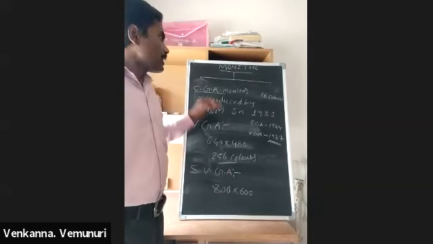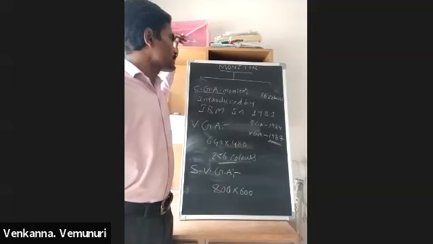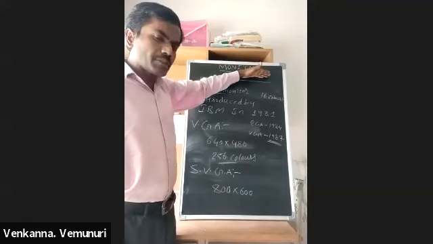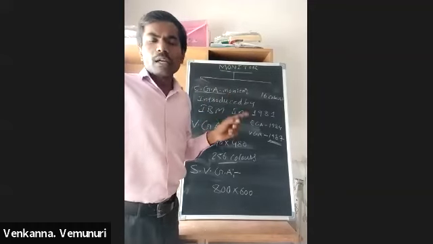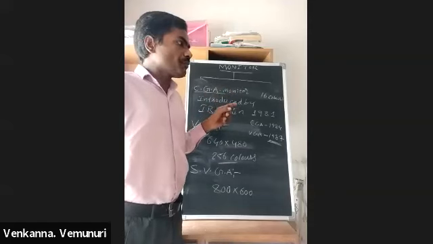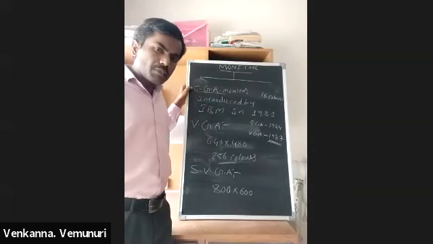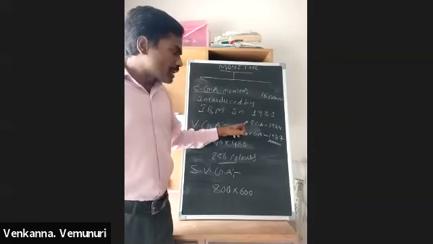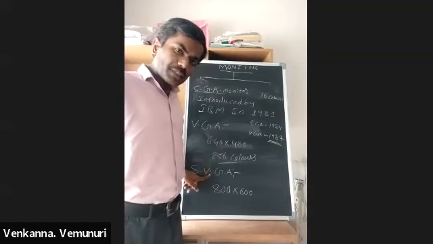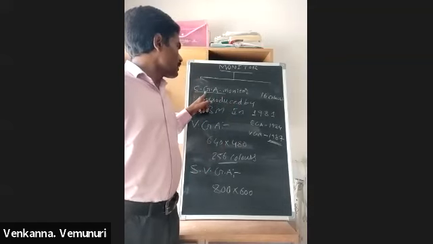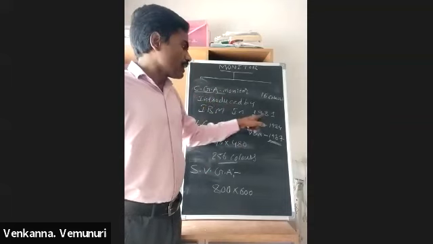These are the CRT monitors. Monitors are of two types: one is the CRT monitor, another one is the LCD monitor. This CRT monitor is also of two types. Monochrome means black and white monitor. Another one is the color monitor. And in these color monitors, from older days, the first one is the CGA monitor, second one is the EGA monitor, third one is the VGA monitor, fourth one is the SVGA. CGA, color graphics adapter monitor, was developed by IBM company in 1981.